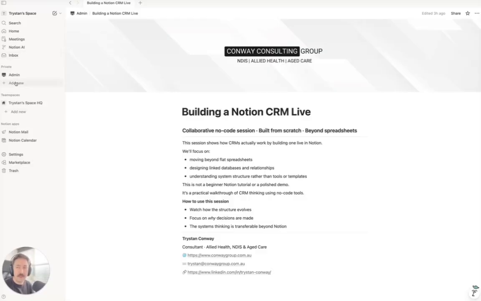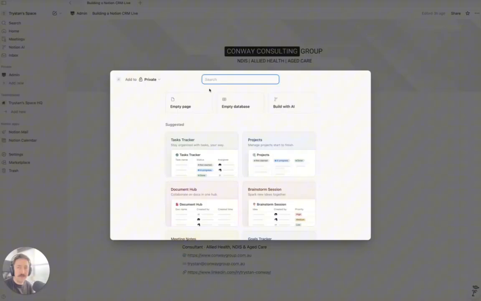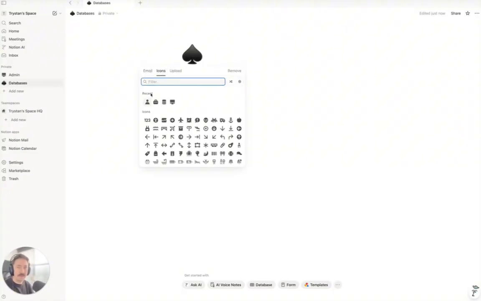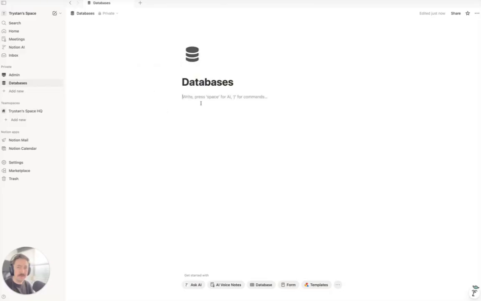And I guess good practice with Notion databases too, I'm just going to create an empty page here, is you want to keep them separate. So I'll pick some icons and things here. All the databases we're going to create, they're going to be in their own little section here, and then we're going to link to them. And the reason for that is,